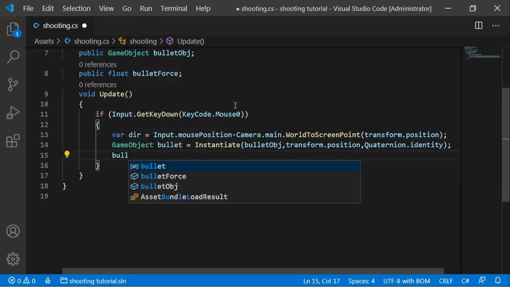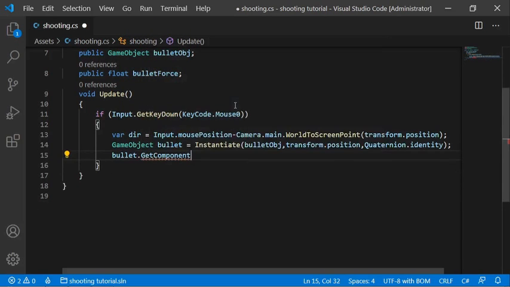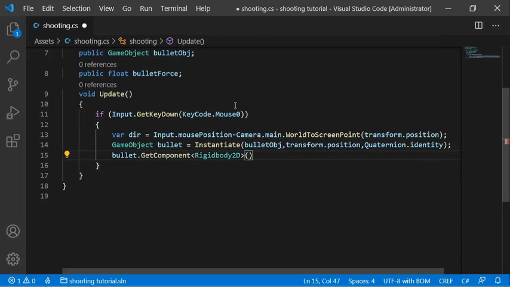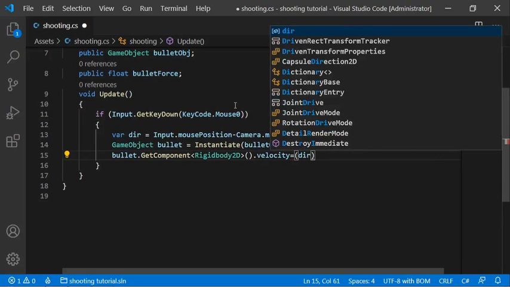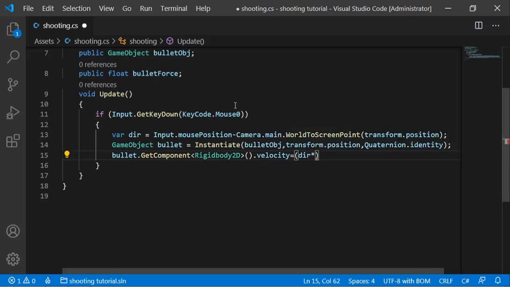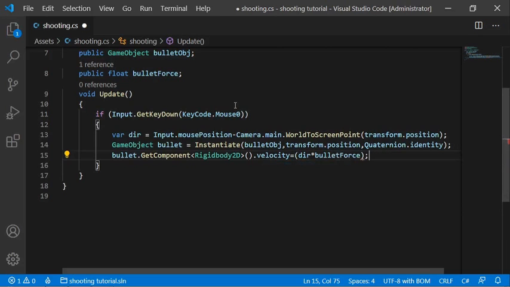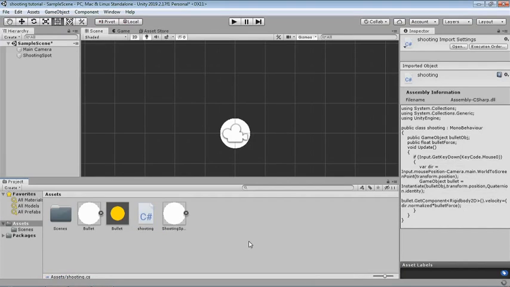So bullet.GetComponent<Rigidbody2D>().velocity equals dir multiplied by bulletForce. dir.normalized, I would just forget it. And now